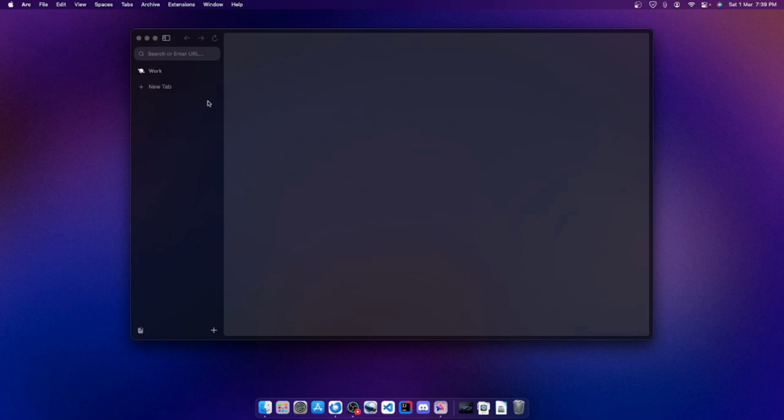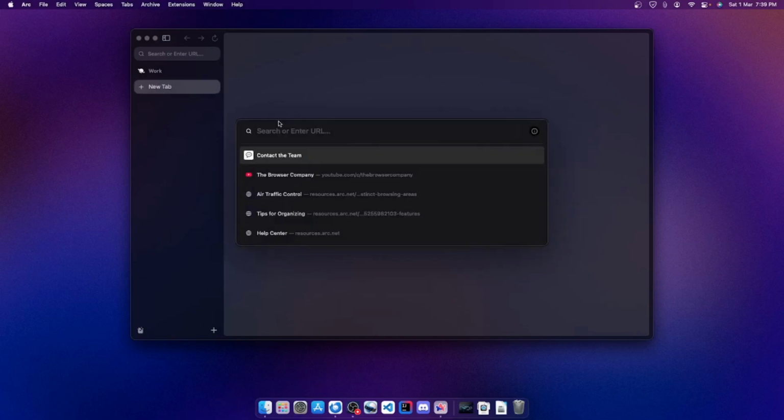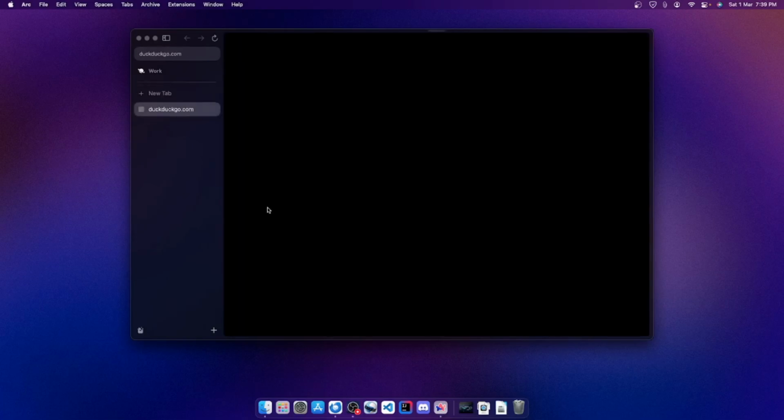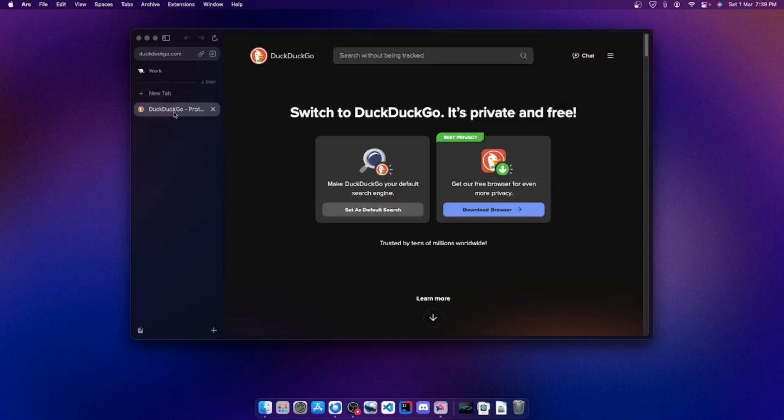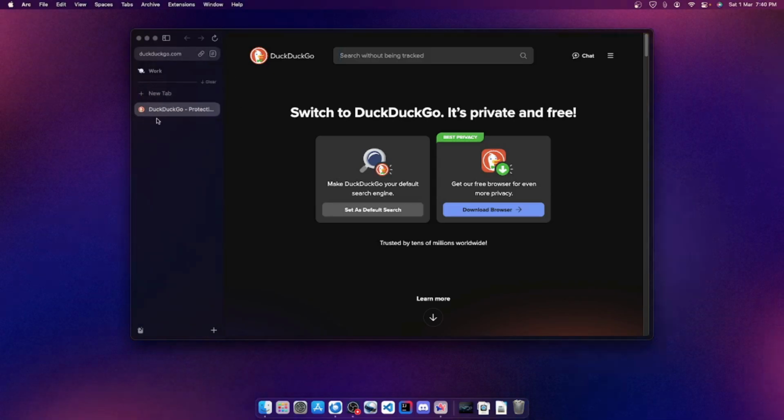So first of all, there is one obvious feature. Let's open a tab, something like how about Google? No, not Google, DuckDuckGo, like always. We are privacy people. So now after opening DuckDuckGo, we can actually pin this tab. So if we put it here, we can put it like here.